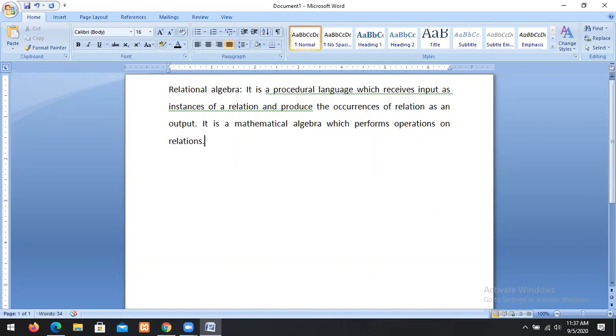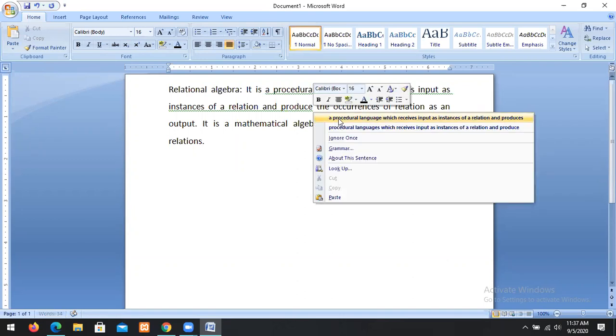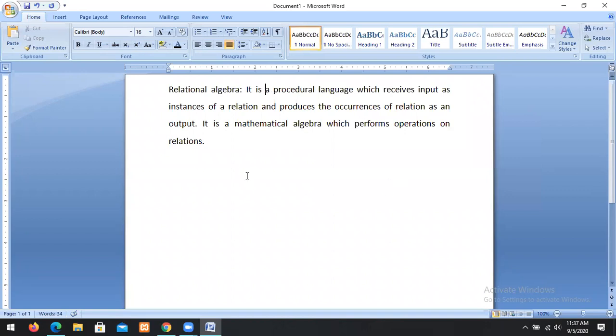It is a mathematical algebra which performs operations on relations. The operations that are performed